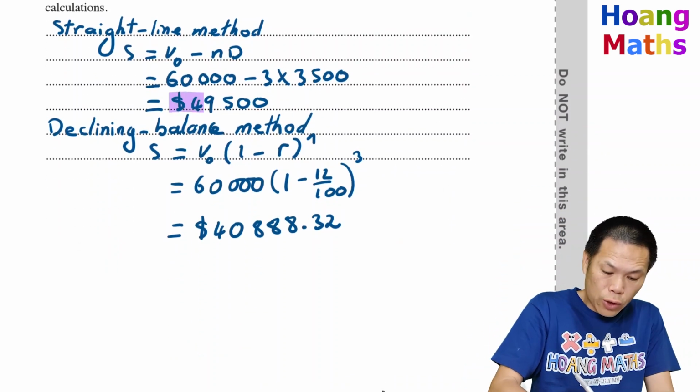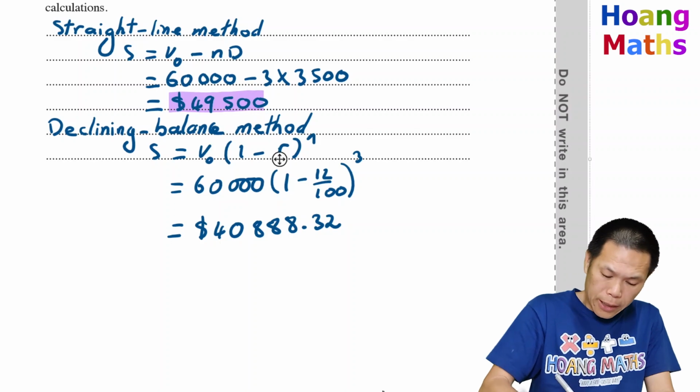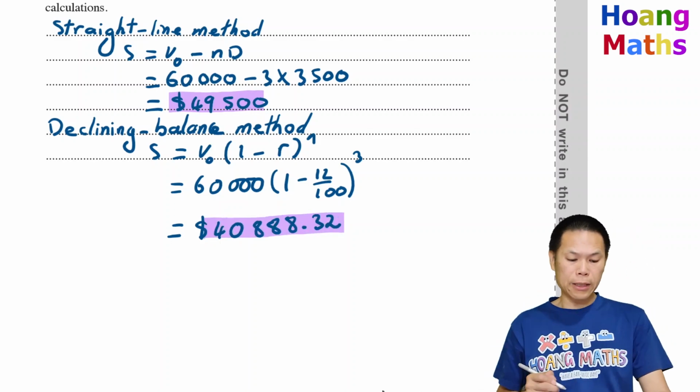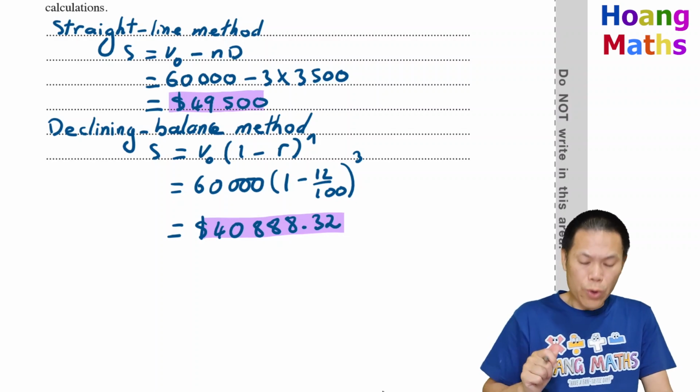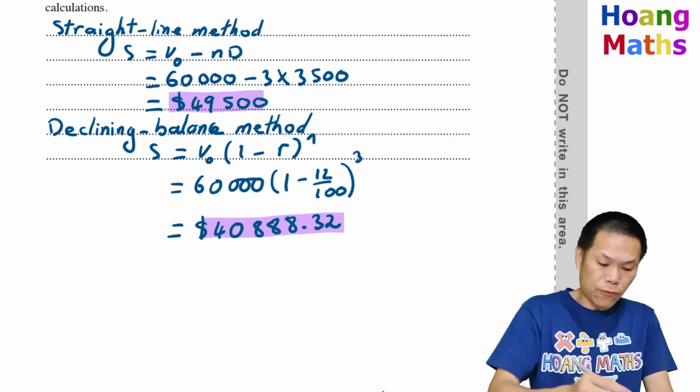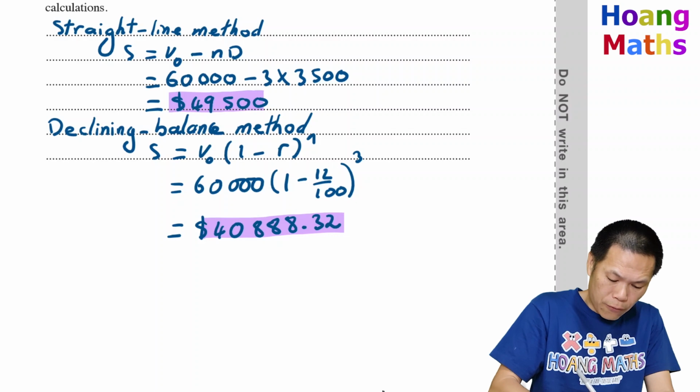So you can see the straight line method, and this is the declining balance method. So obviously the declining balance method will give us the lowest salvage value. So therefore,